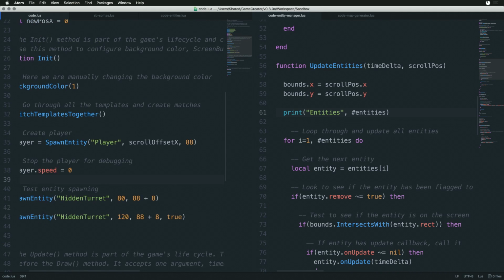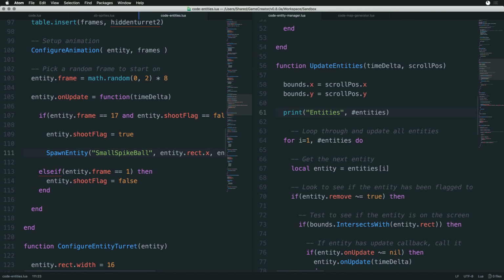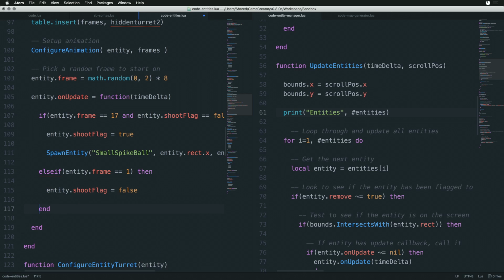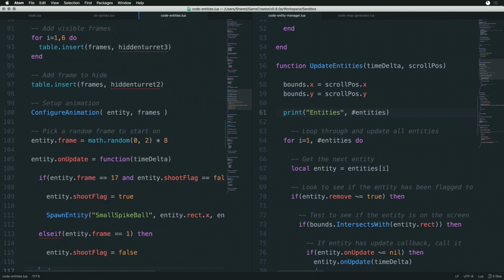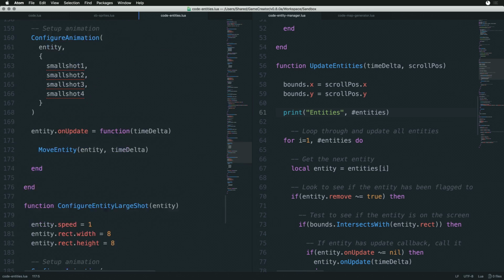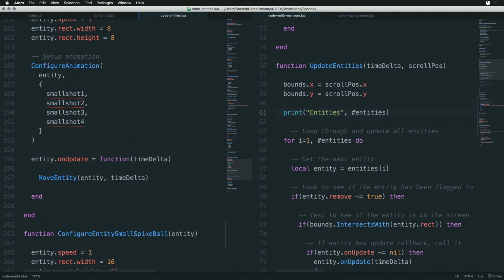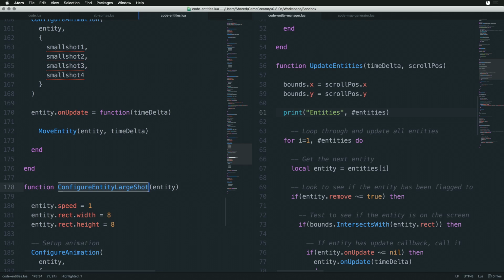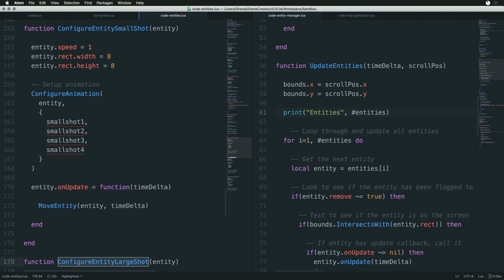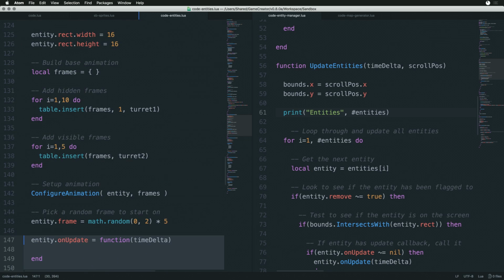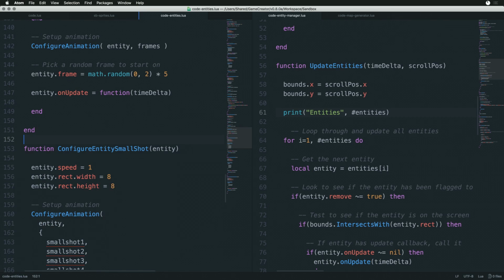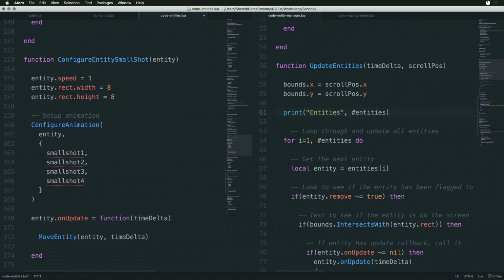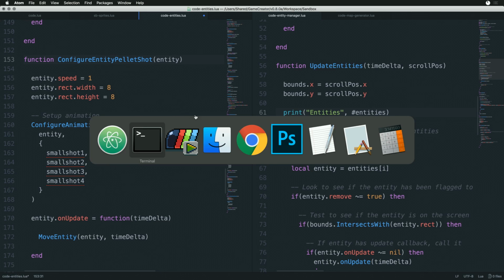There's also some angular math I'm going to have to figure out, which I sort of suck at. What I'm hoping is that it's at a right angle so I can just keep adding an X and Y value to it. So let's do this. Let's come here and we're going to create a large shot, small shot. I'm going to call this a pellet shot, right? Is that how I spell